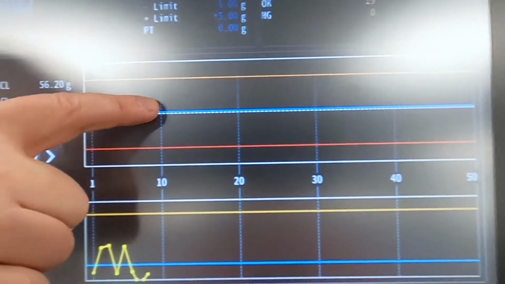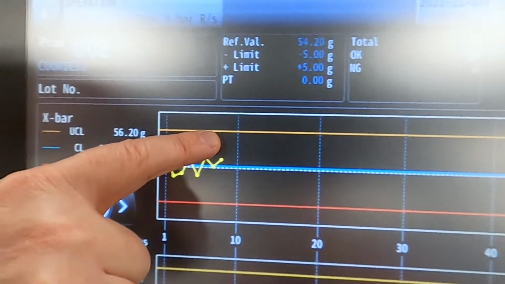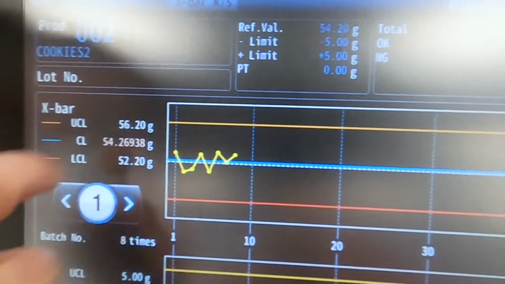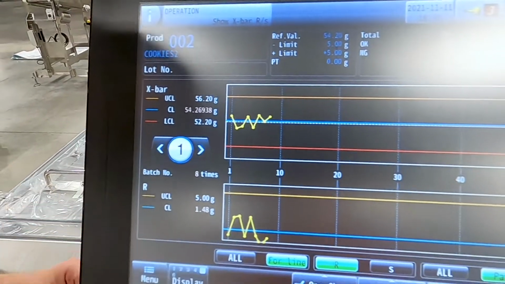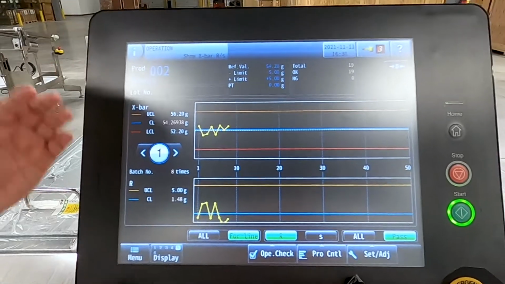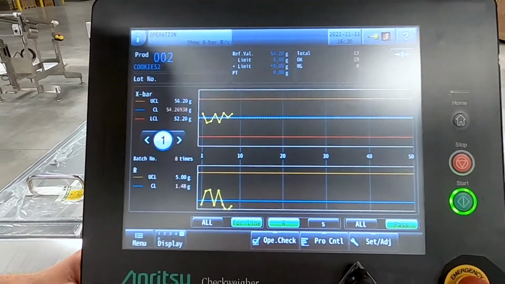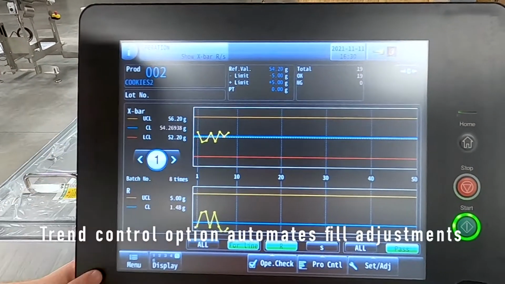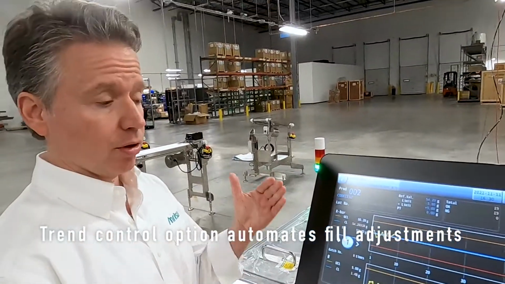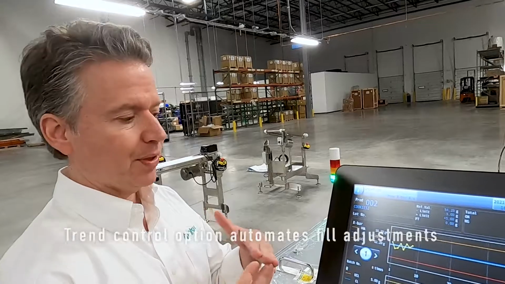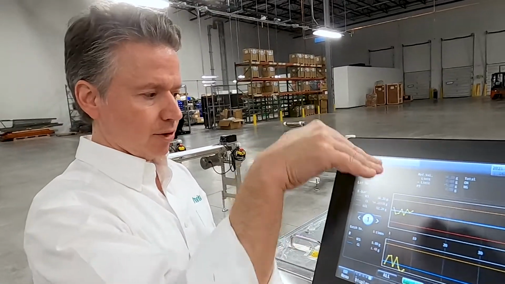The nice thing is that if this did start to trend up and cross over the threshold that I set as an upper limit, I can send out an alarm. So it's a nice automated way to make sure that the product doesn't trend too high or too low. Or we can include trend control, which is an option, which will actually talk to the filler, control the filler, and do a PID closed loop. If it trends too high, it'll tell the filler to go low.